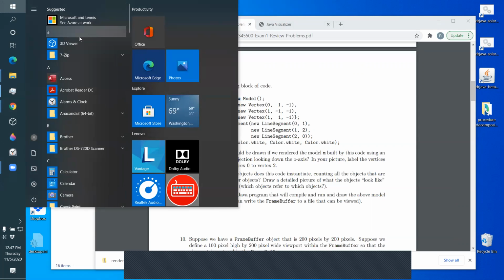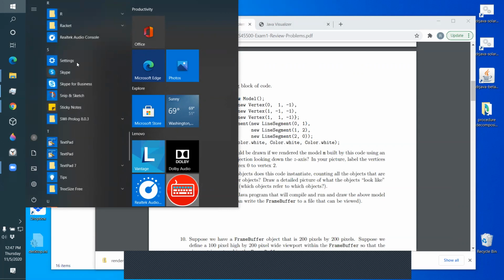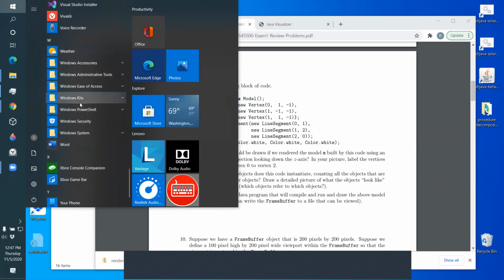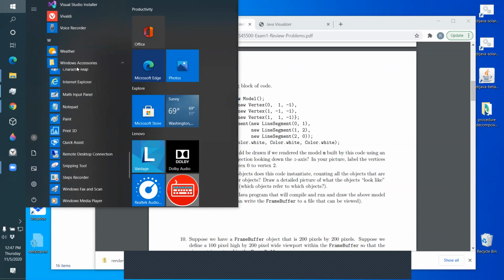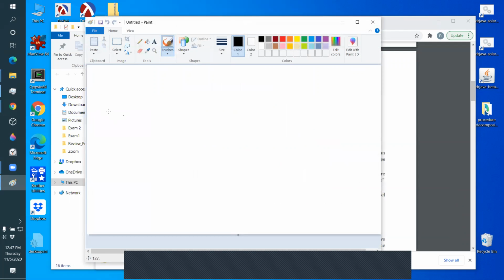I still can't search. It was Windows accessories, now I remember. My Windows machine probably needs to be rebooted. So Windows accessories, Paint. Okay, so if I try to mimic what the Java visualizer does,